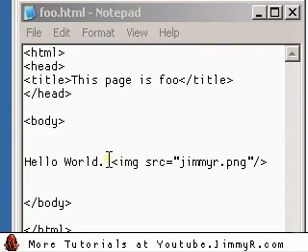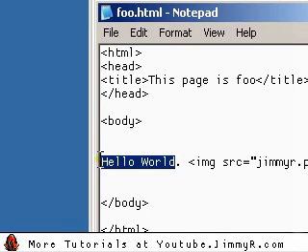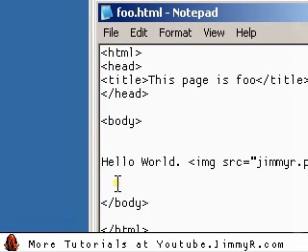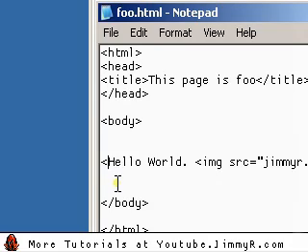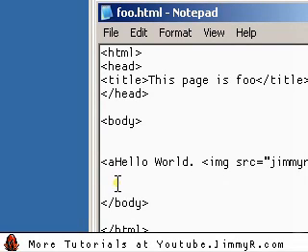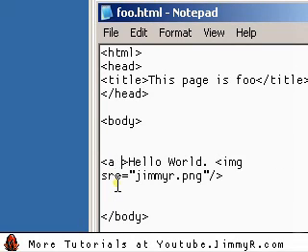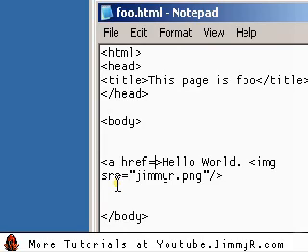Next, I'm going to create a hyperlink. I'm going to link hello world to my site, and here's how I do it. I'm going to use the anchor tag, and it has the attribute called href, or hypertext reference, and it's going to point to whatever website you want to point that text to. I'll say jimmyr.com,